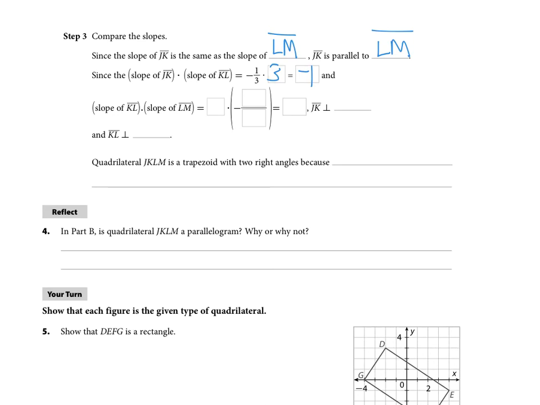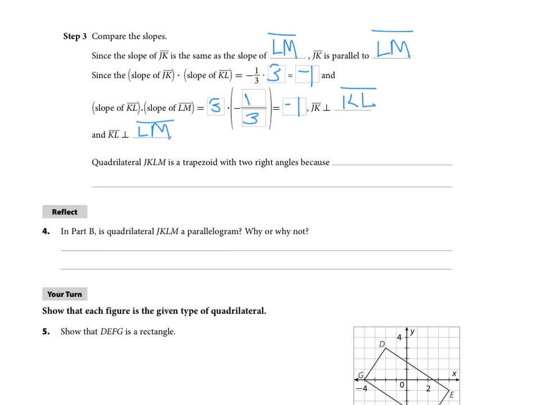And also the slope of KL times the slope of LM is the reverse here. It's +3 times -1/3. Then that's going to be also a product of -1. So JK is perpendicular to KL, making a right angle, and KL is also perpendicular to LM, making another right angle. So quadrilateral JKLM is a trapezoid with 2 right angles,